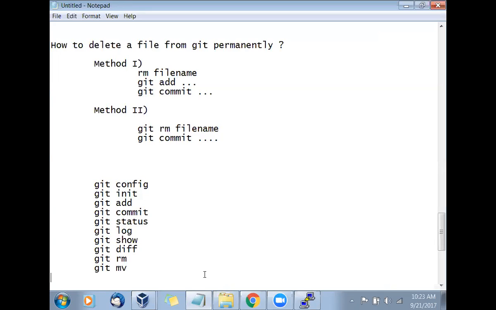We don't want to hurry. Why? Because unless the basics are clear, we should not go to that level, right? So first we'll clear the basics. And once we clear the basics, then we'll see how to connect with the remote, how to collaborate with 100 users and so on. Definitely, because that is our aim, how it works in real time. So all these commands are real-time commands. There is nothing optional here.